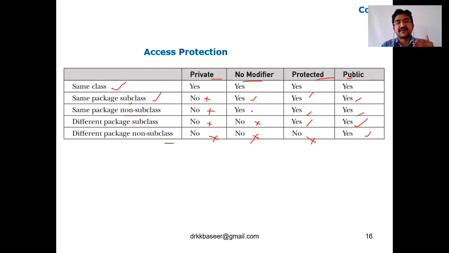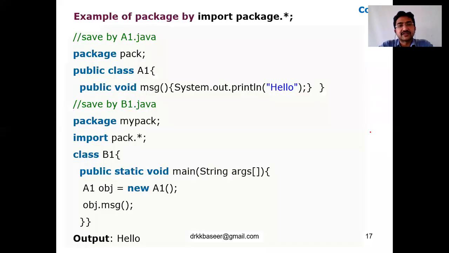Whenever the access specifier is declared as private, protected, or public, how can I access a package's classes or the methods available inside it? Preferably, when you want access from one package to another, definitely create it as public, or in the worst case protected. If you create it as private, we can't access it from one package to another. Let me discuss the first way of accessing one package in another package.